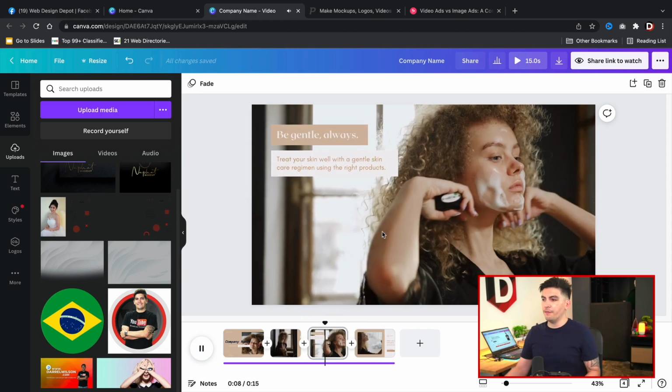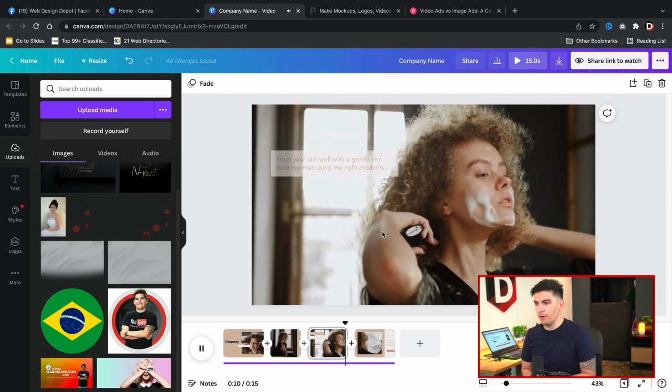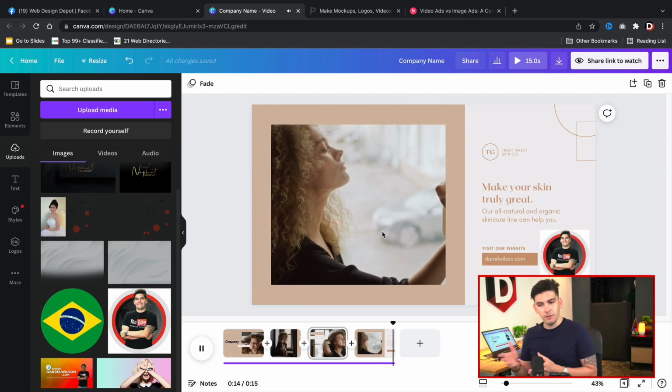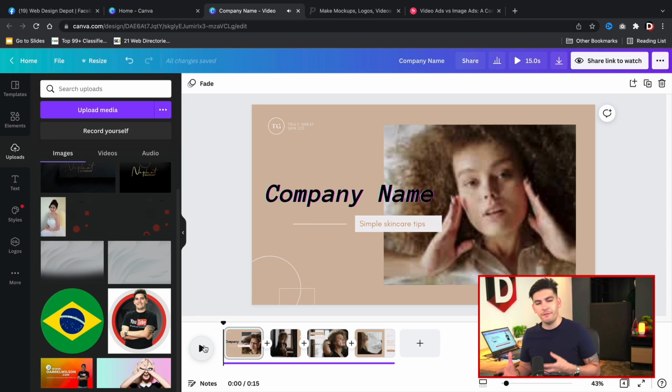All right, so we have the girl doing her hair, and then voila, we have our logo. That's how you can use this to create really effective ads, and I highly recommend using video ads. They're a lot more effective than basic, boring images. You'll have to go through the process and pick a video and mess around with it, but I highly recommend using their templates. Just replace the text with whatever company you are, and then you can use that ad on your Facebook ad.